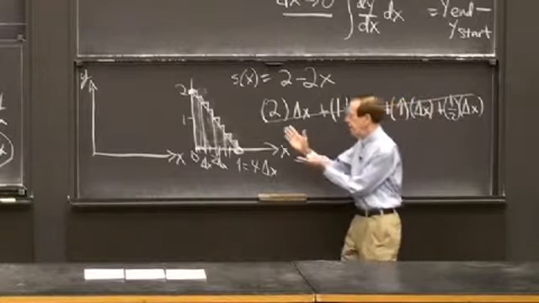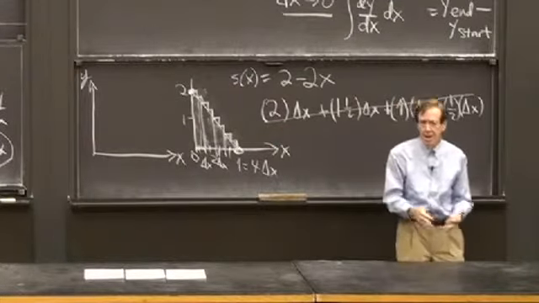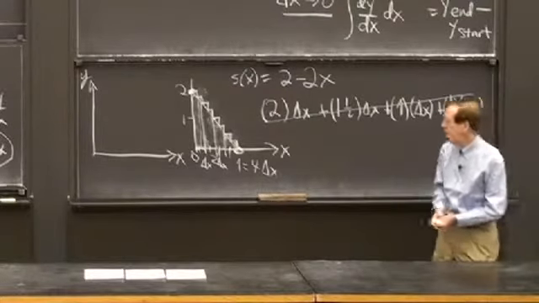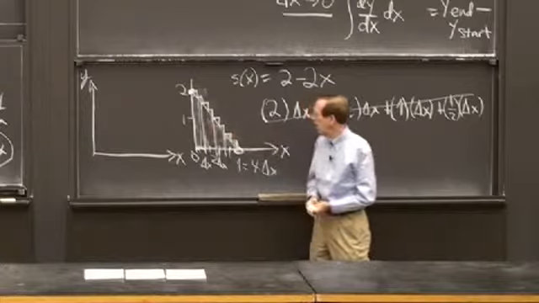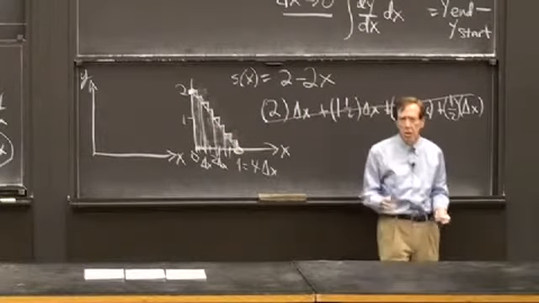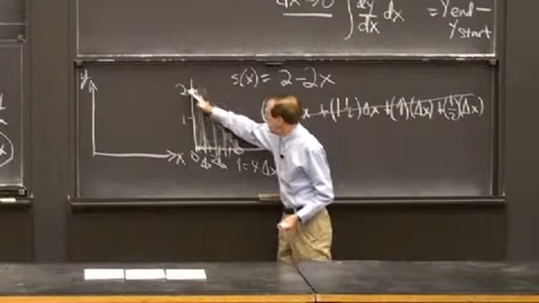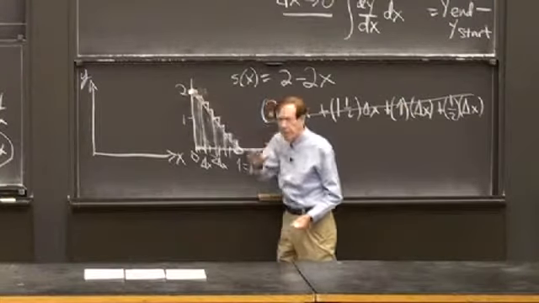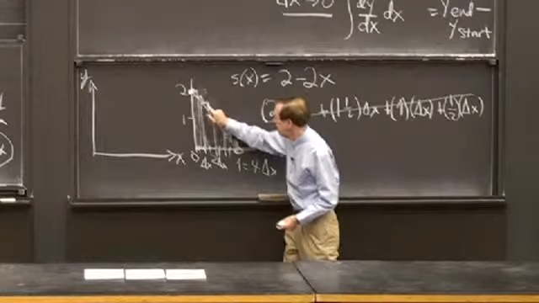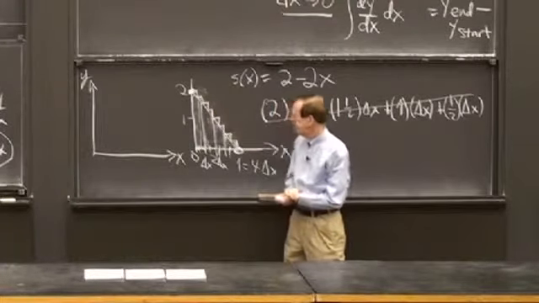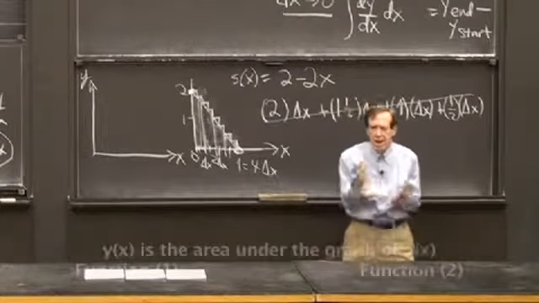And now do you see what I'm getting in the graph picture? What happens to the shaded part as delta x gets smaller and smaller? The shaded part is going to be the curve, these little wrong pieces are going to get reduced, and in the end,